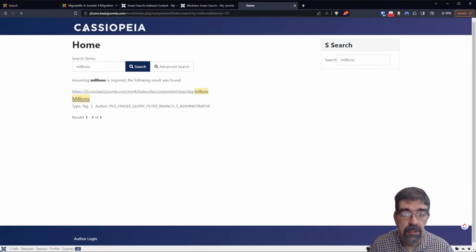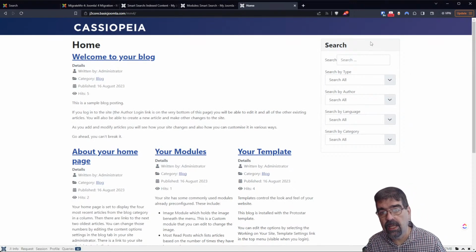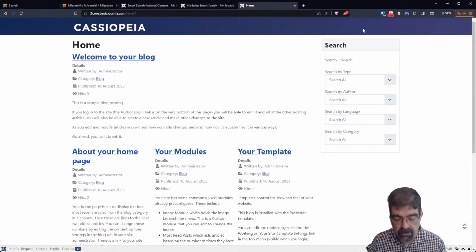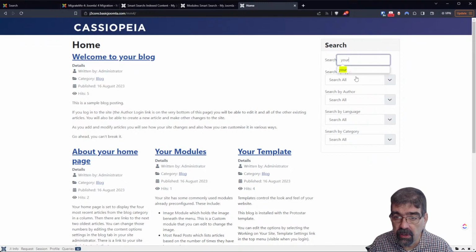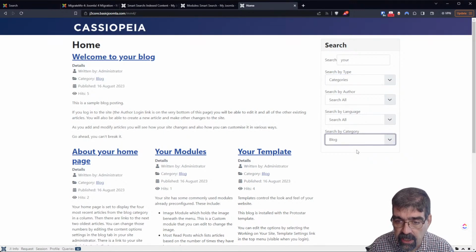We'll go home. Yeah, see now over here we have this advanced search options, and that's why in this case putting search up here in the header would not really be ideal. But we can now search for the word your, and we could look for it only in categories, only search by author, language, and search by type. Oh, look, categories, search by the type, search only in categories, and look only in this particular category. All right, and I think if we hit enter,